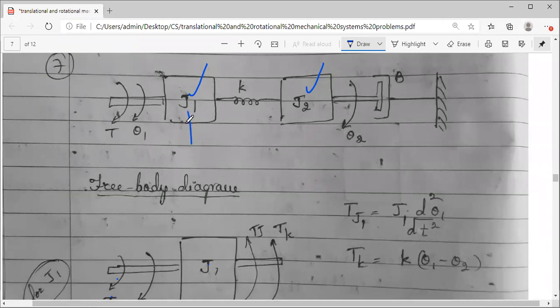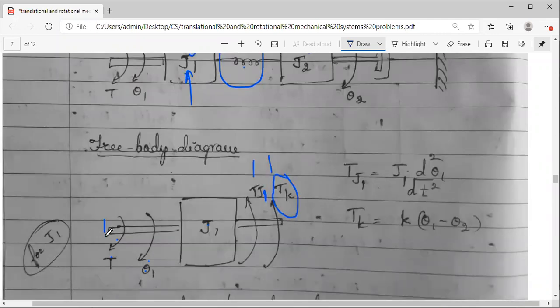एक torque तो because of the moment of inertia itself, just like in translational, because of itself, जो mass का है हम m1 लेते थे, यहाँ पे हमको fj1 लेना पड़ेगा. Okay, sorry, not f, t, capital T लेना पड़ेगा, torque लेना पड़ेगा. So one is tj1. Okay, please make it 1. This is one torque, and there is one more element connected here, that is spring. So it will be tk. So these two are the opposing torques, and this is your applied torque. You can observe the directions.